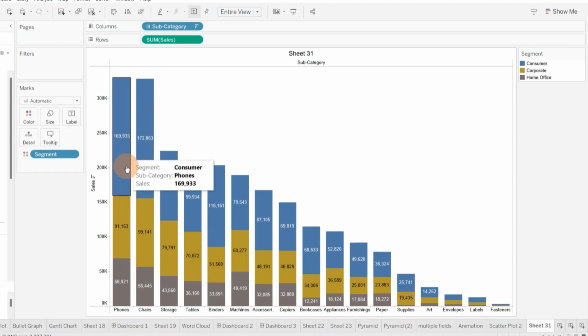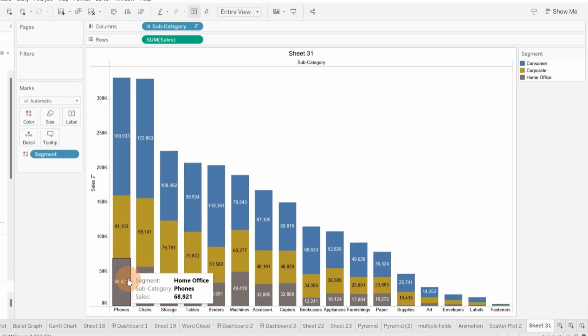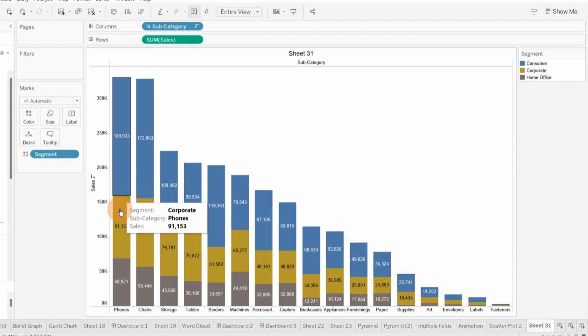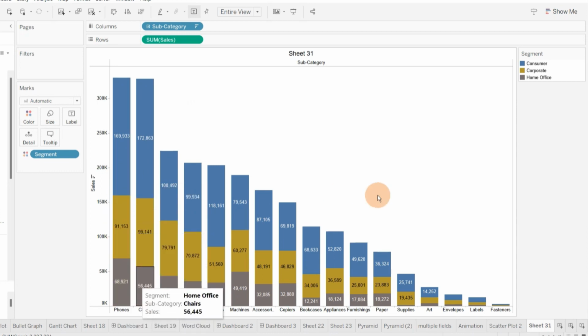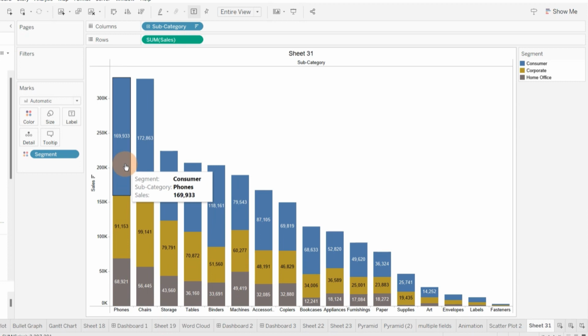With the help of colors I can easily see that the consumer segment takes up larger space in comparison to corporate and home office, and I can see that in the size of the bar also. So the size of the bar is high in case of consumer in comparison to the other 2 segments.